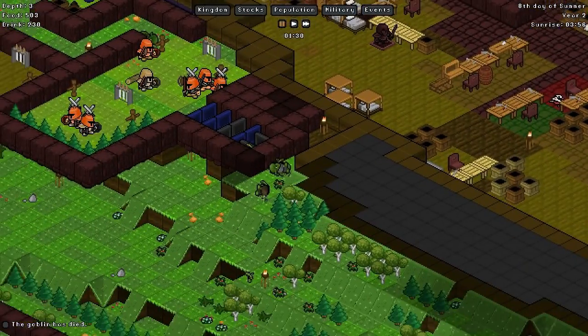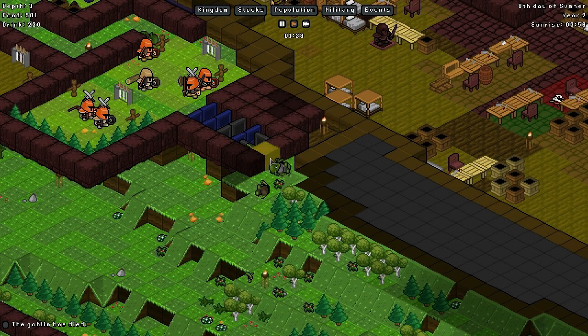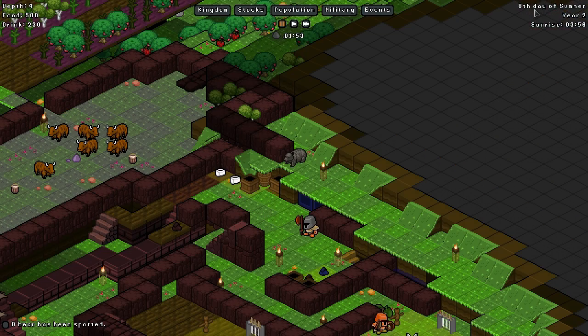So let's see if we actually get a mining order, if it's going to light up green within the next couple of seconds, because if it does, we'll be able to open up this and get to those goblins that are out there. It is the 8th day of summer, so I don't think...